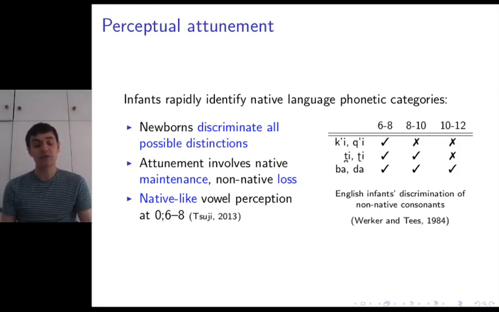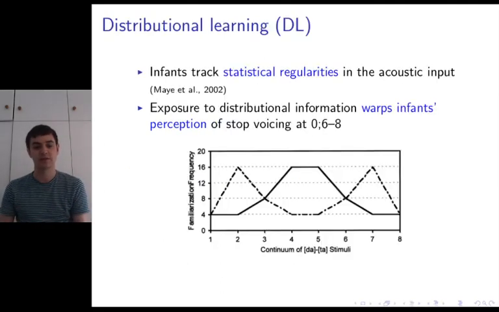And a really important paper in this domain further demonstrates that for vowels, perception is native-like by the age of around 6 to 8 months. So Tsuji has done a really nice meta-analysis of the discrimination tasks that have been run, reviewing the methods that have been used and reviewing the results and determining the general age at which we can claim this emergence of native-like language-specific behaviors. And the main mechanism that is invoked by theories of perceptual learning is one that uses statistical